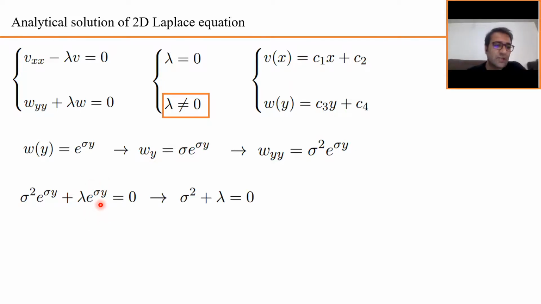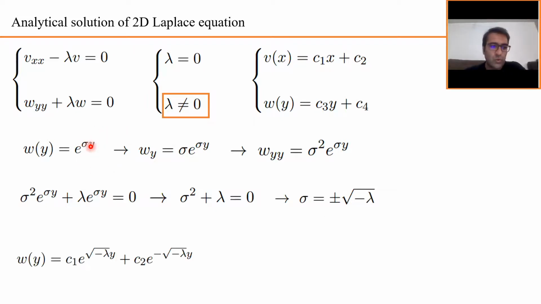And if I divide both sides of this equation by exponential of sigma y, I will have sigma squared plus lambda equal to 0, and finally I will find sigma equal to plus or minus the square root of minus lambda. And if I substitute here, I know that for two cases, when sigma is minus the square root of minus lambda and when sigma is plus the square root of minus lambda, any linear combination of both possible solutions can also be the solution of this differential equation. I mean, when w(y) is just a linear combination of this function and this function, it can also satisfy